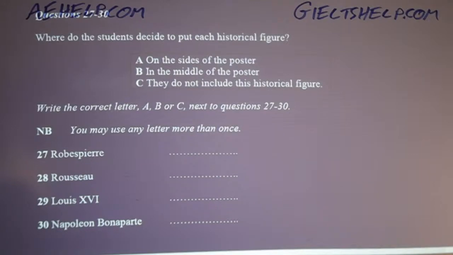Now we have to decide how much we're going to write. Remember, we have to fill up a 3-board poster. That's a good point about the 3-board poster. Maybe we should do a 5th person, then we can have 2 figures on each side with 1 in the middle. Good idea. We can make the middle one really important. We'll make that one Napoleon. As for a 5th person, how about Voltaire?